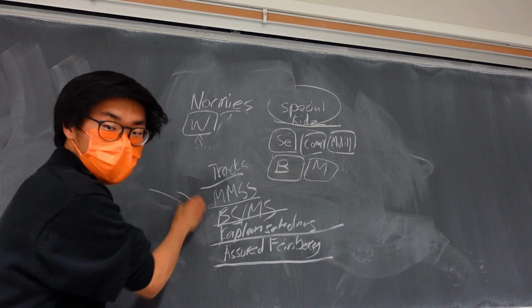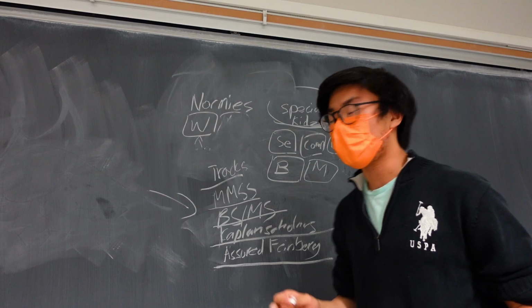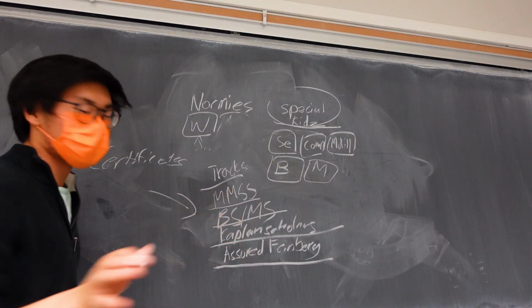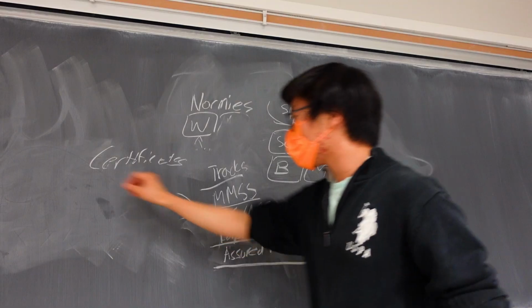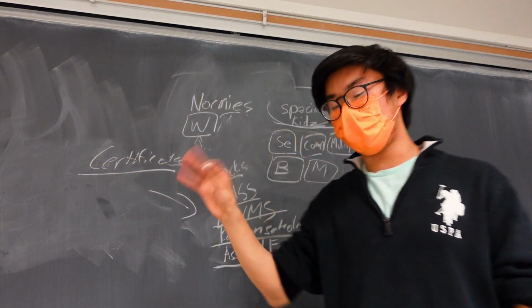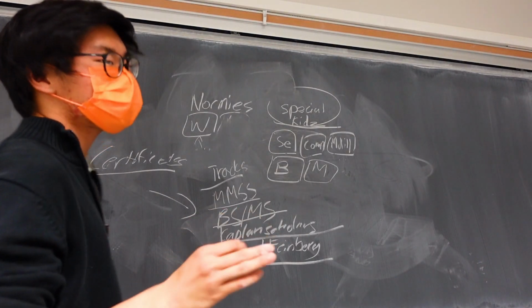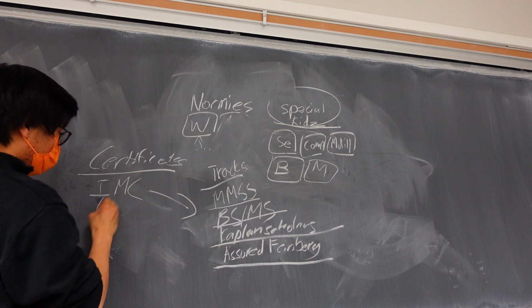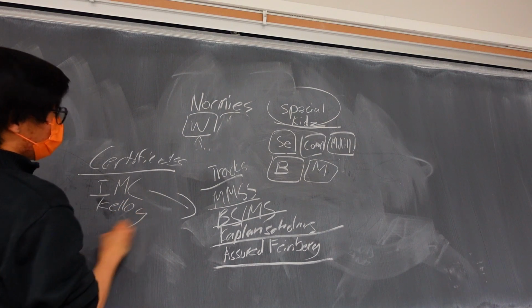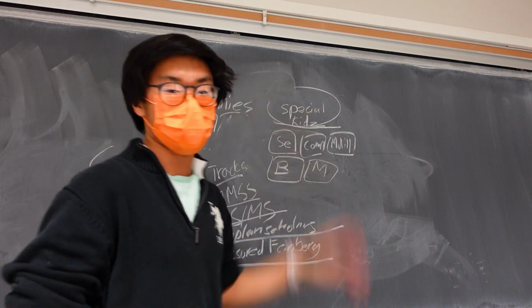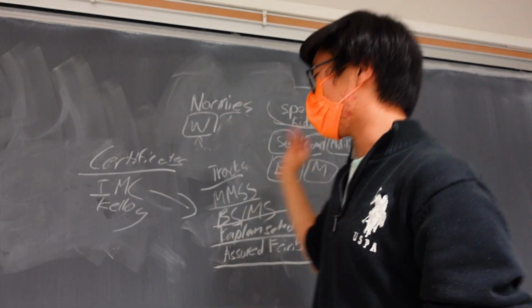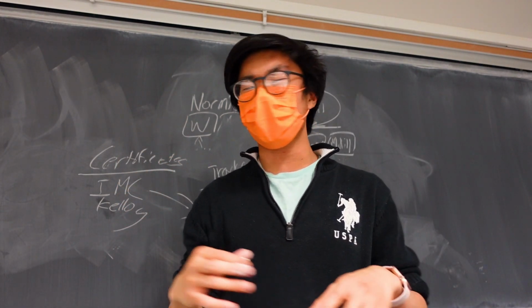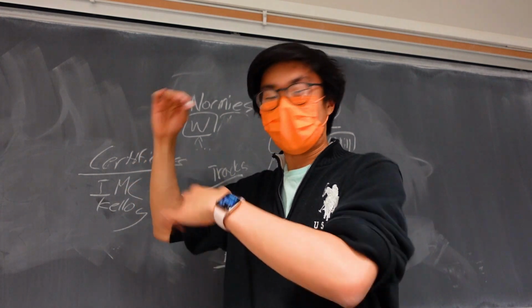Besides these special tracks, there is also something called certificates here at our school. And I know this is a lot, but you'll be able to process this, don't worry. Certificates are another thing completely. So there are two certificates that I want to pay attention to. One of them is IMC and the other one is Kellogg. Of course, there are a lot of other certificates in any of these departments, so you can just search on their website and they should be able to list all of the different certificates that you can get. I think you can just find that in the Northwestern majors catalog.